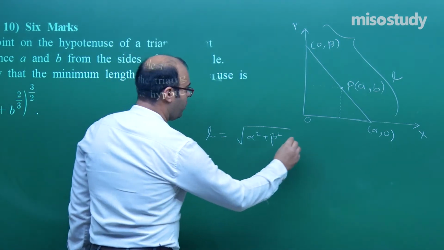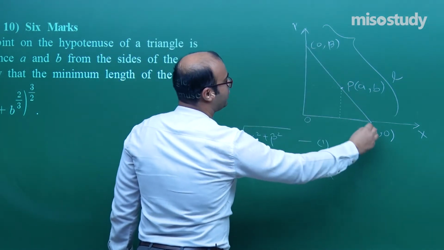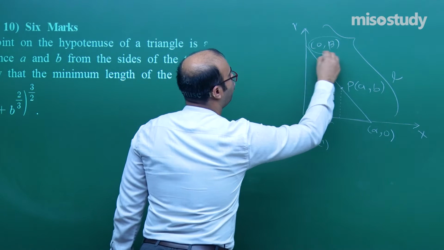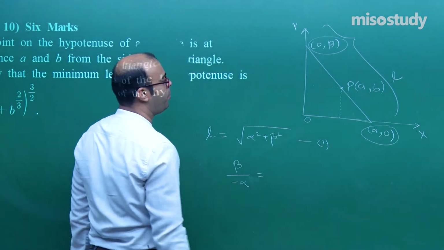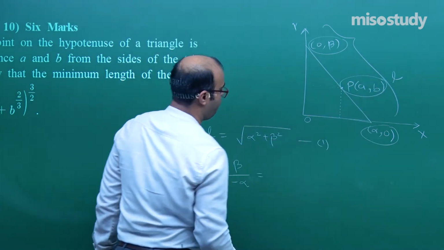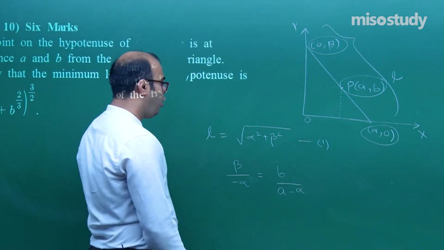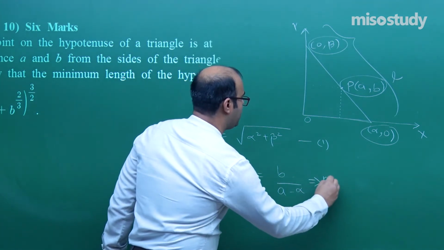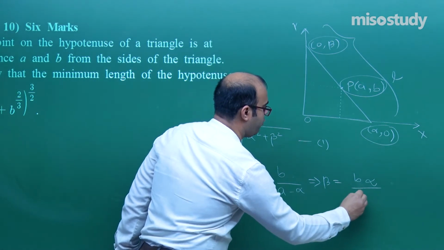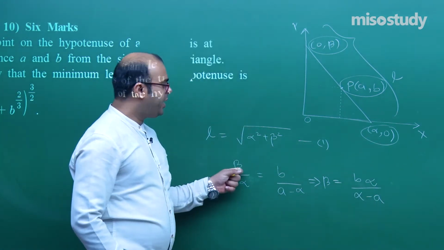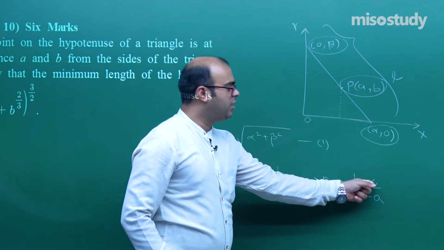Now, what else can we do? We can find relations between these points. Since this is a line and its slope is same, the slope found by using these two will be (beta minus 0) by (0 minus alpha). And if we use these two, we will get (b minus 0) upon (a minus alpha). Now, from here we can say that beta is equal to minus b alpha upon a minus alpha. Let us take this minus here, and this is alpha minus a. So, beta can be expressed like this, which means that one variable is expressed in terms of another variable alpha.